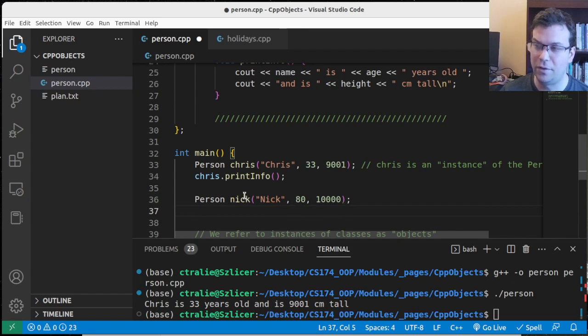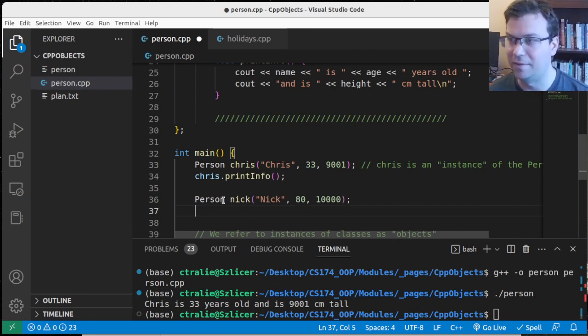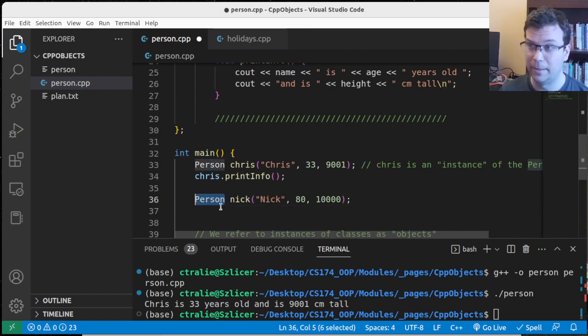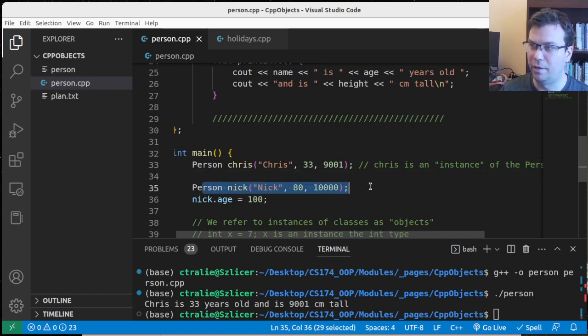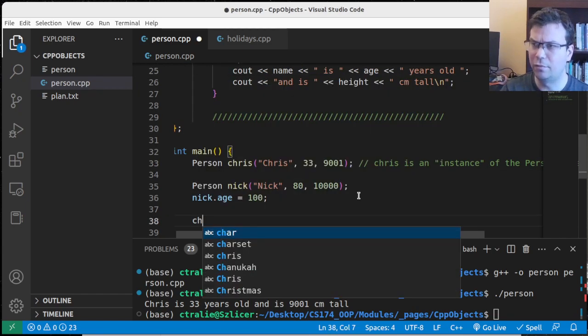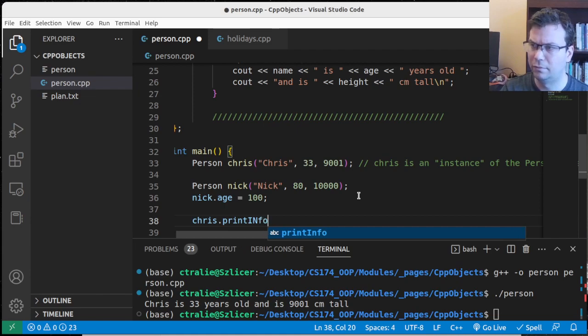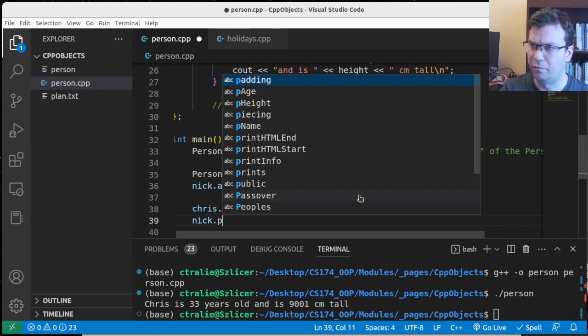This is why an object is different from a class. The class is the type, but the object is the instance of that type. And so Nick's instance variables, if I want to change Nick's age, that would have nothing to do with Chris's variables. So maybe what I'll do to show you that is I'll set up Chris like this, then I'll set up Nick. And then if I say Chris.printInfo, and then I say Nick.printInfo,